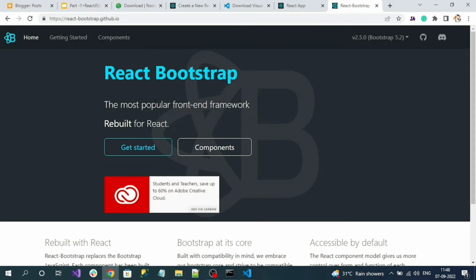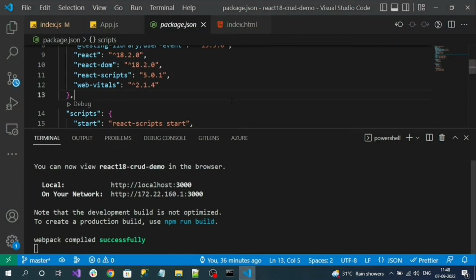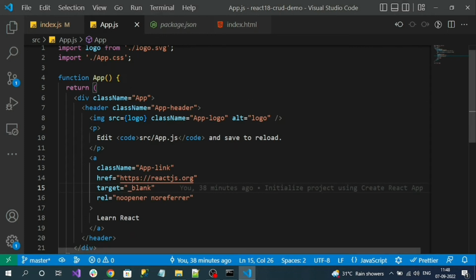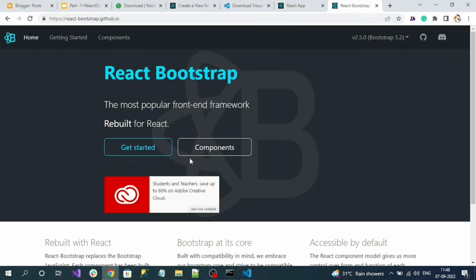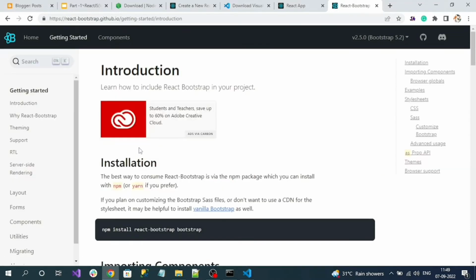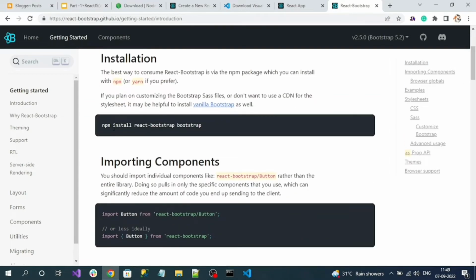Suppose you use normal Bootstrap in React, then you have to change one of the main things, like class name. In normal Bootstrap HTML, you see class, right? Everything must be changed to className. So instead of using normal Bootstrap and changing everything, it is better to use React Bootstrap. Click on Get Started, and here you can see the installation command, npm install react-bootstrap bootstrap. That means it is installing both React Bootstrap and normal Bootstrap